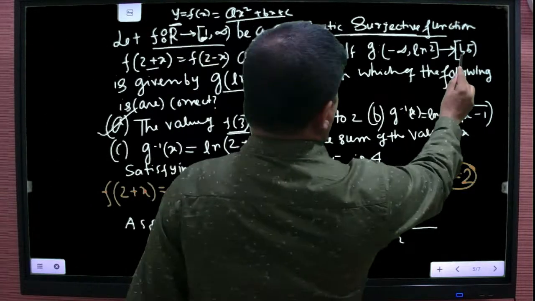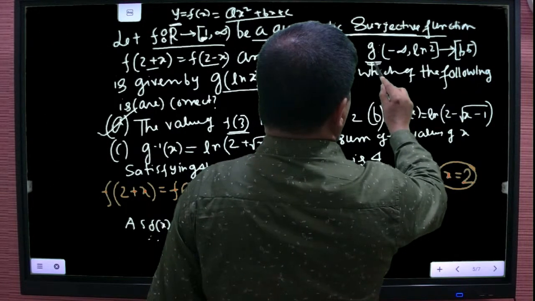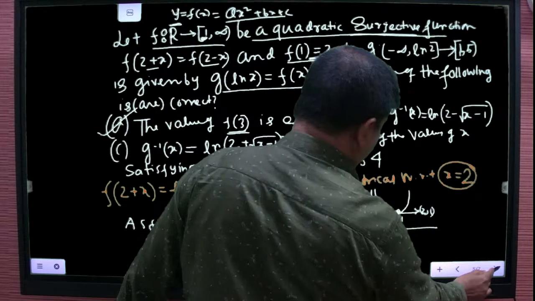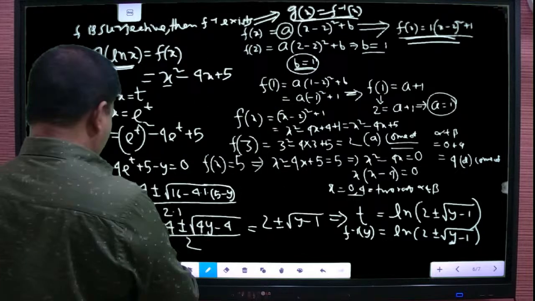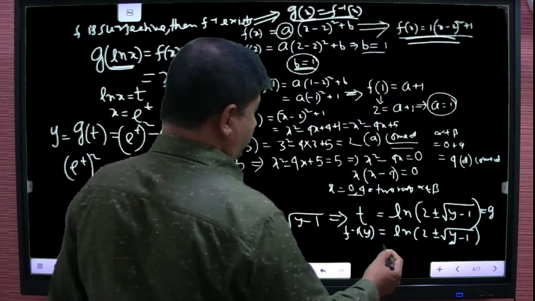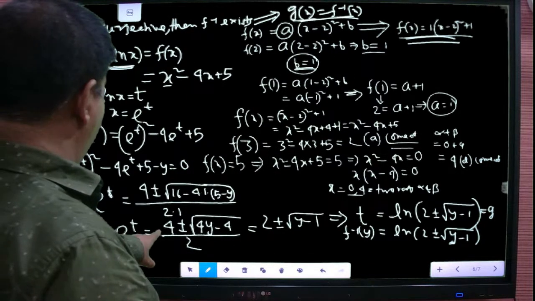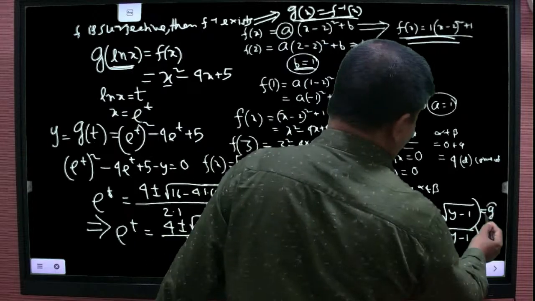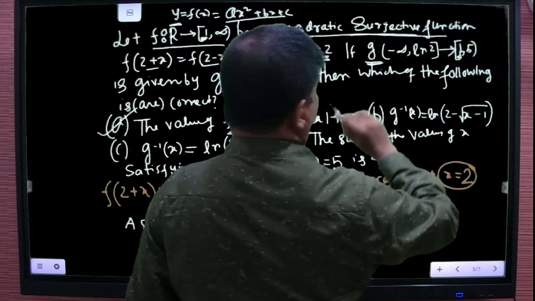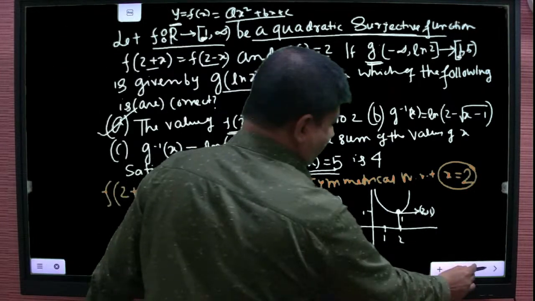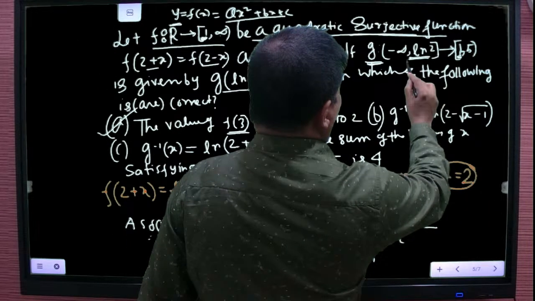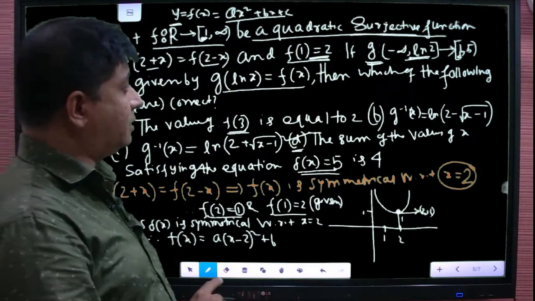Now that is the minimum value of g, actually, it is f inverse, sorry, that is g(t). Here e to the power t, that means the minimum value in the range of g is 1. So if I put 1, I will get ln 2, and that is the maximum value of the domain of g. That means in the domain